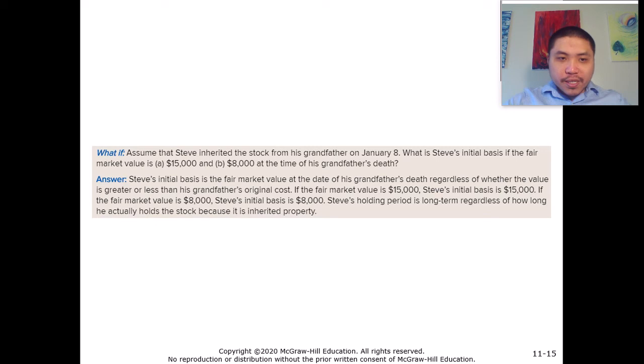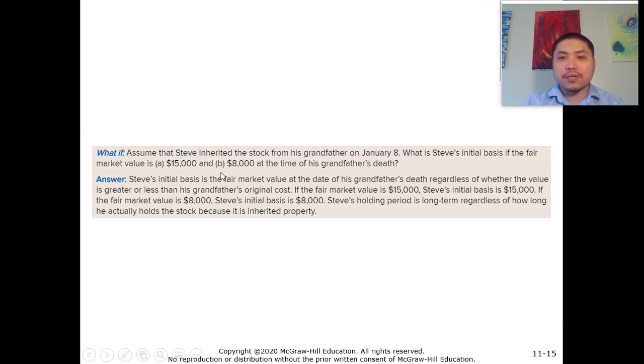So let's look at this example. Assume that Steve inherited the stock from his grandfather on January 8th. What is Steve's initial basis if the fair market value is $50,000 and $8,000 at the time of his grandfather's death? So it doesn't matter, right? It can be $15,000 or it can be $8,000. It depends